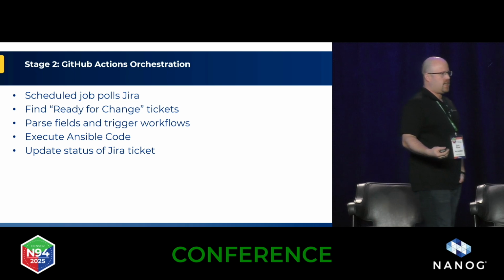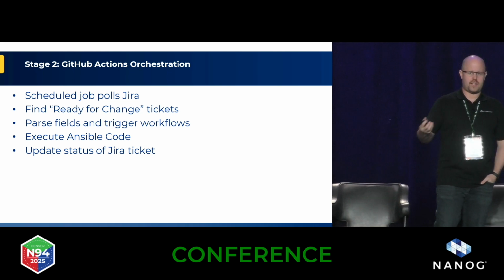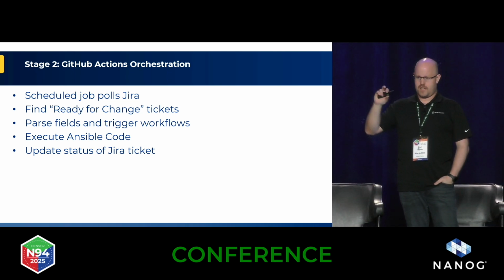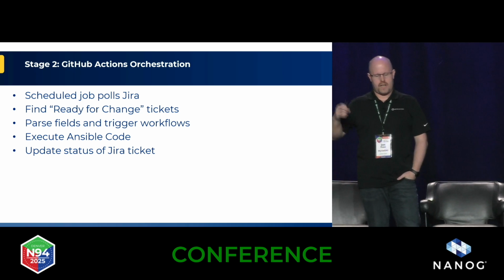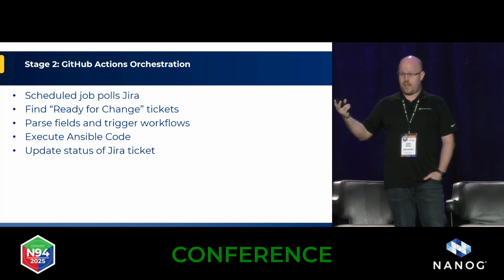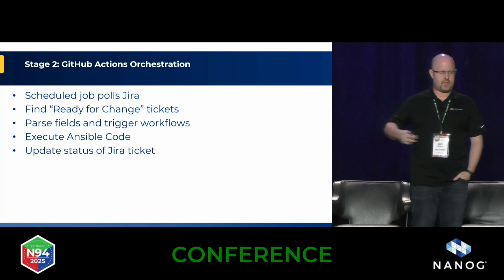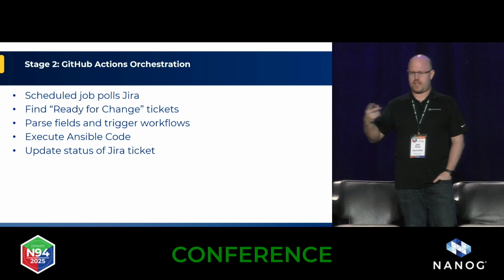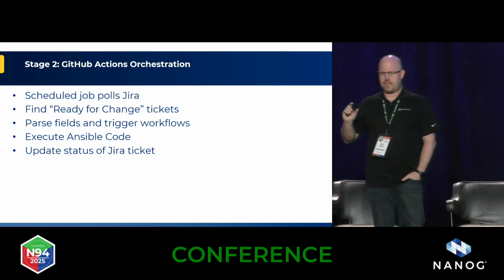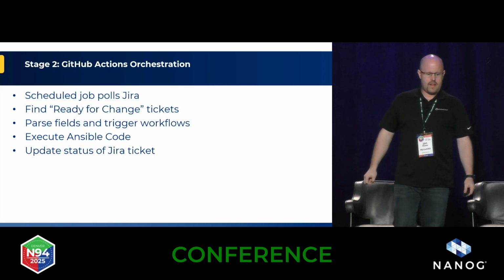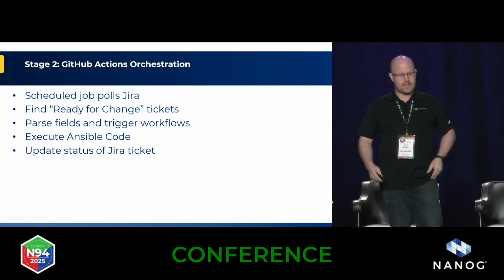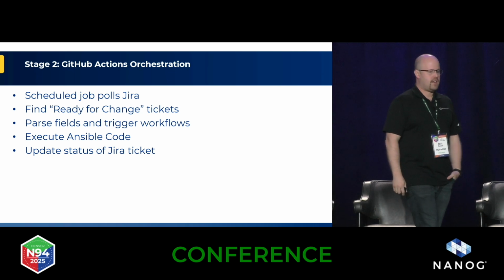It actually executes a Python script inside of GitHub Actions, and I'm going to get into this a bit more once we look at the demo. It executes a Python script that is in GitHub right now to go out, get tickets in the correct status, extract the ticket details, and then use them in the Ansible code, and then update the status of the